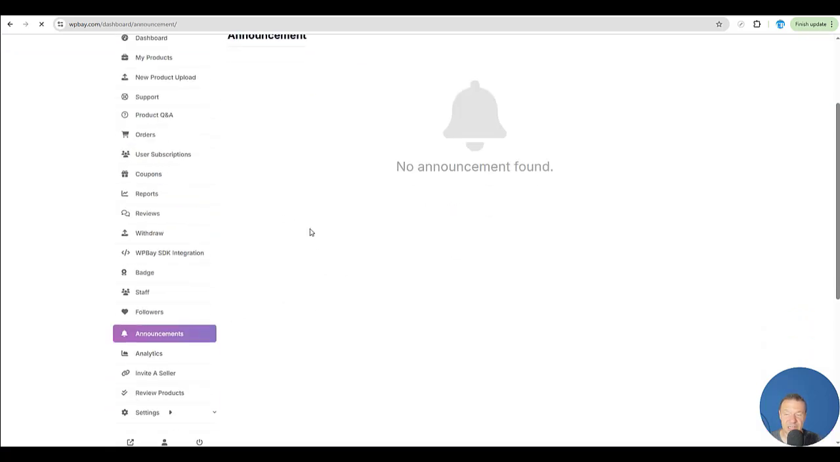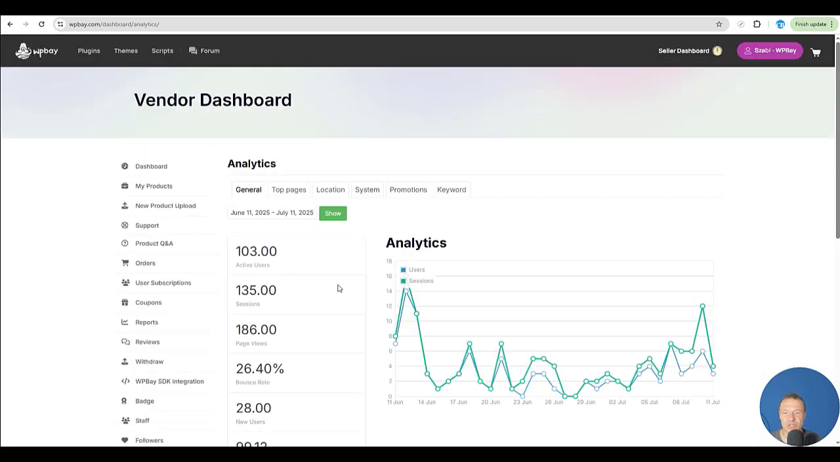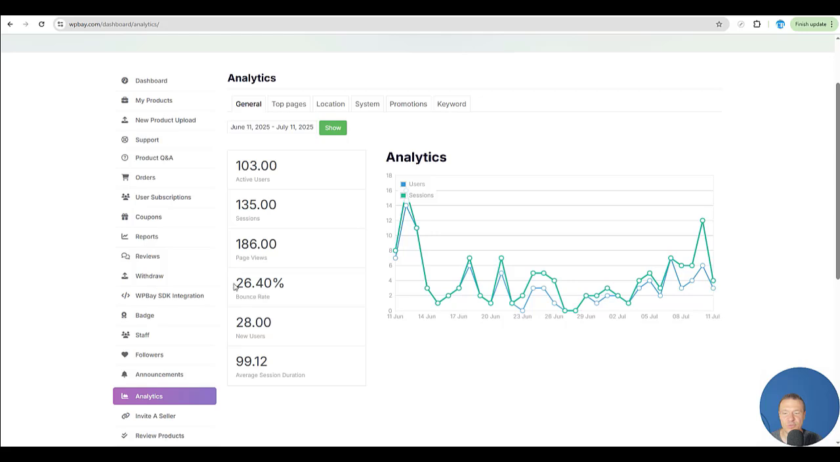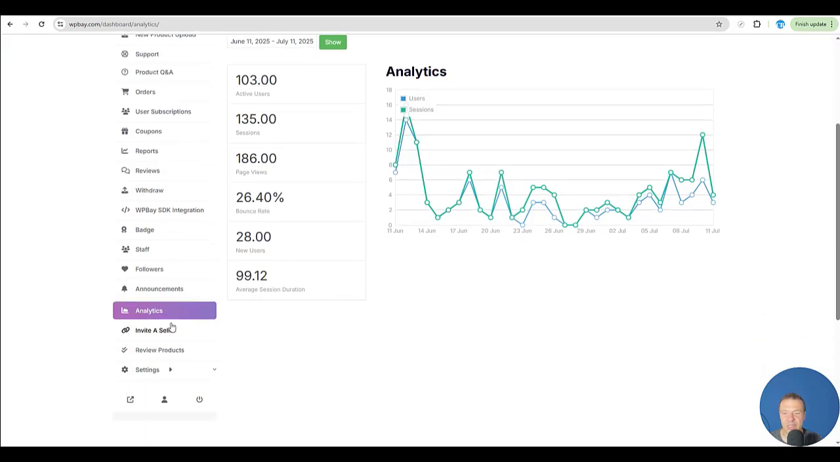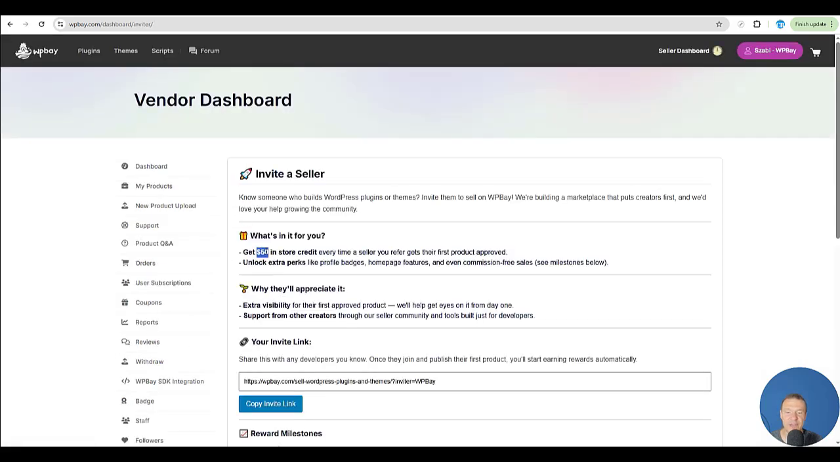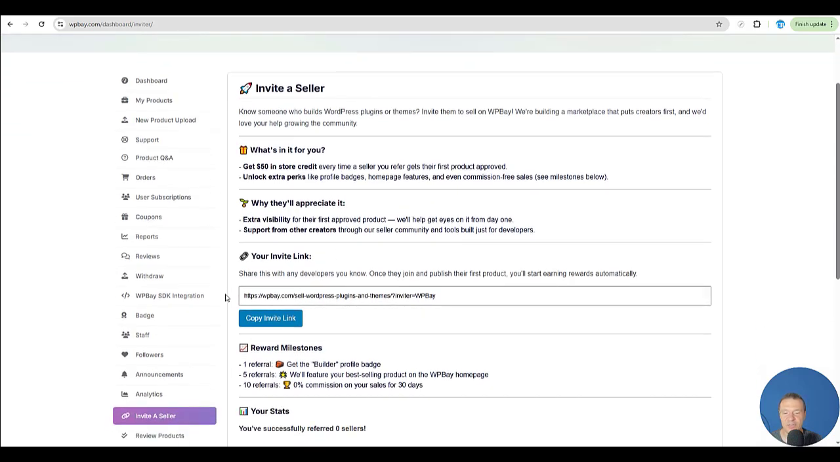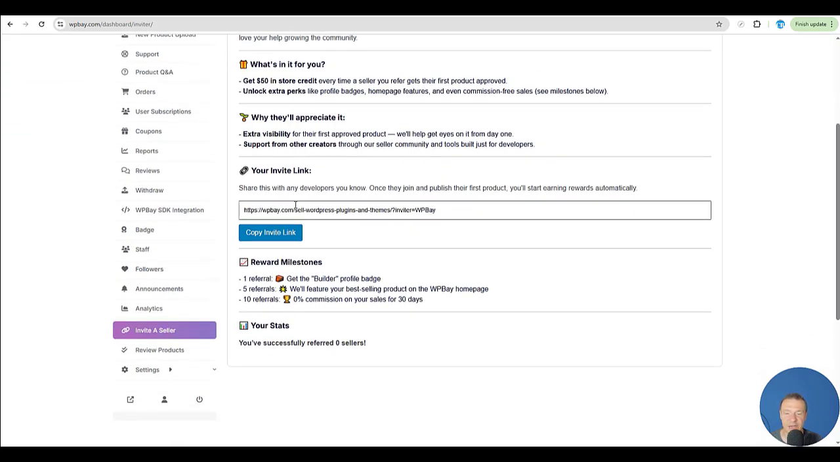You can check analytics for your products, which will show the sessions, page views, bounce rate for your products, and many useful info will be checked here. Promotions, keyword, and many more will be interesting. You will be able to join the Invite a Seller program, where you get $50 for each seller who joins and gets their first product approved on WPBay. This is your affiliate link for your invite to get other sellers joined to WPBay. You will get also other bonuses for getting referrals,